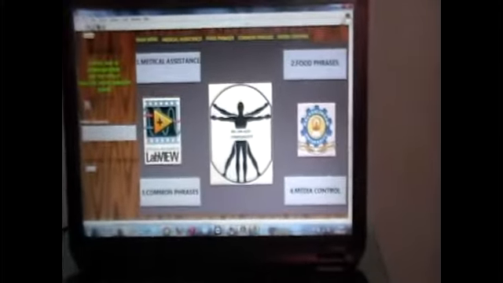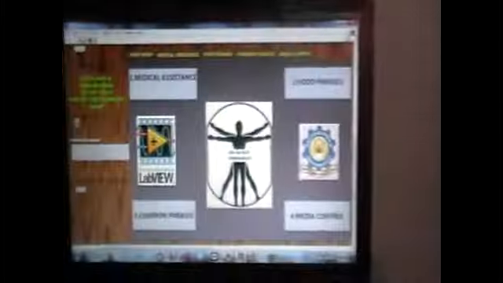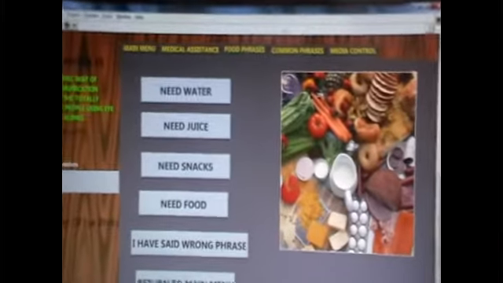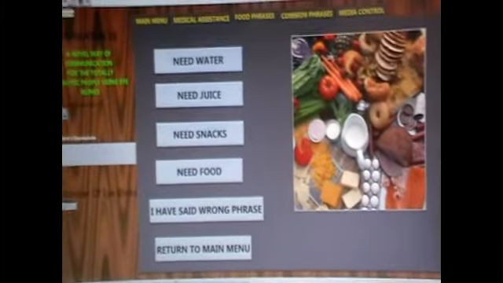Now my friend wants to select the food phrases tab. He will blink appropriately to select the food phrases tab. The food phrases tab has been selected. Need water. Now he has blinked that he needs water.